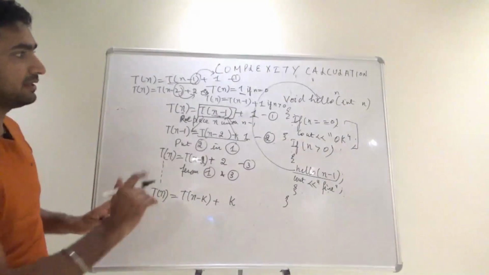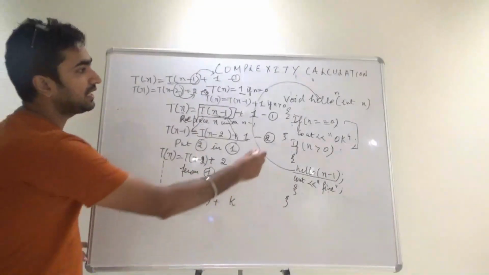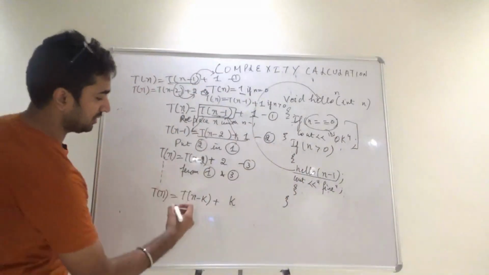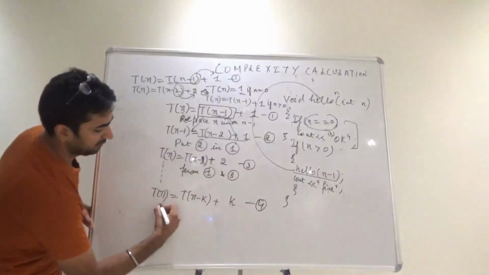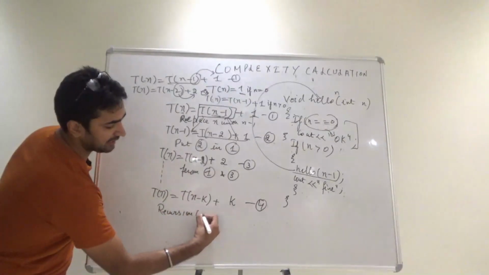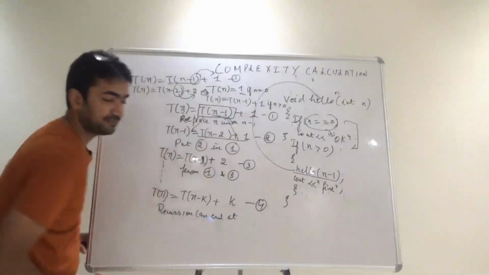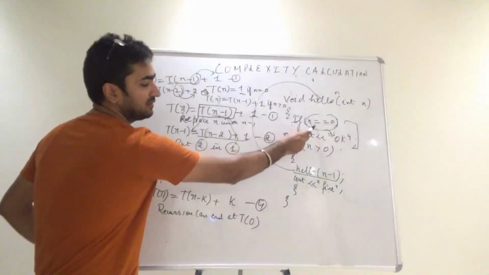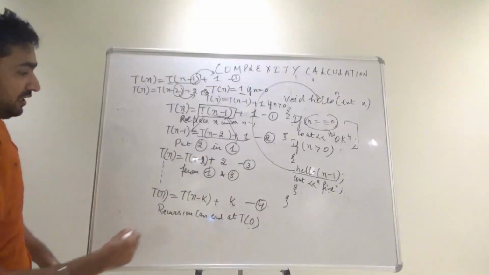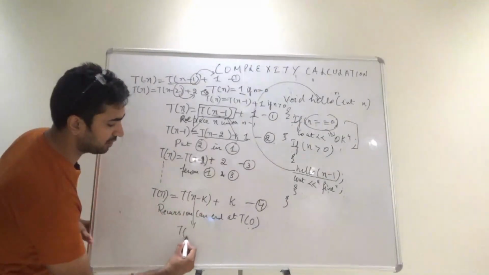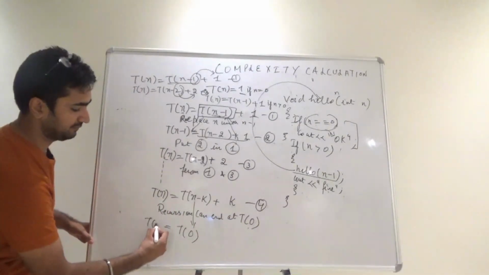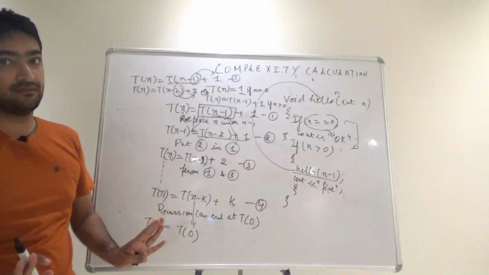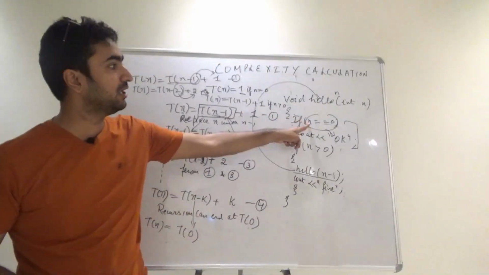So clearly there is one condition given over here, that if my n value is equal to 0, I will just print it for one time. So recursion can end, let's say this is your 4, recursion can end at T of 0. Why? Because if n value is equal to 0, I am ending my recursion. So it means it should end over here as well. If I put T of 0 over here, right? So T of 0 means, see, recursion should end somewhere. So that ending condition was if n value was equal to 0.